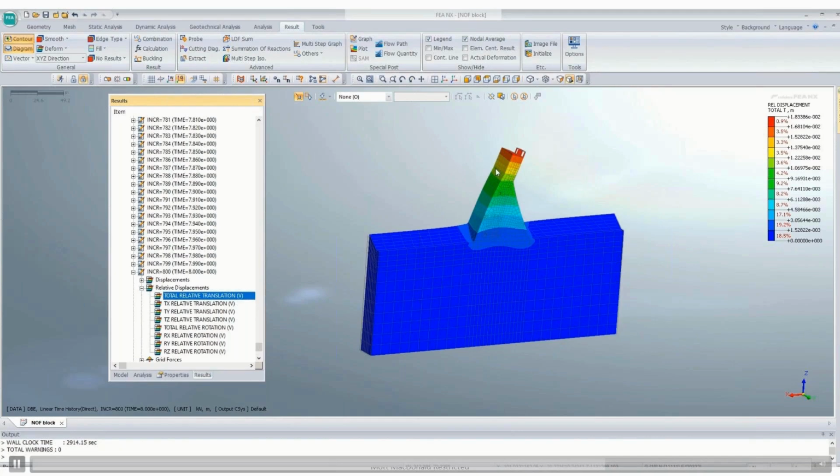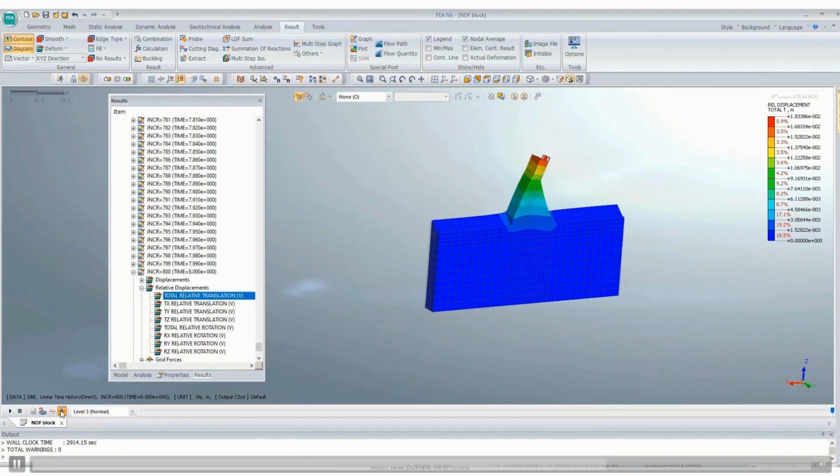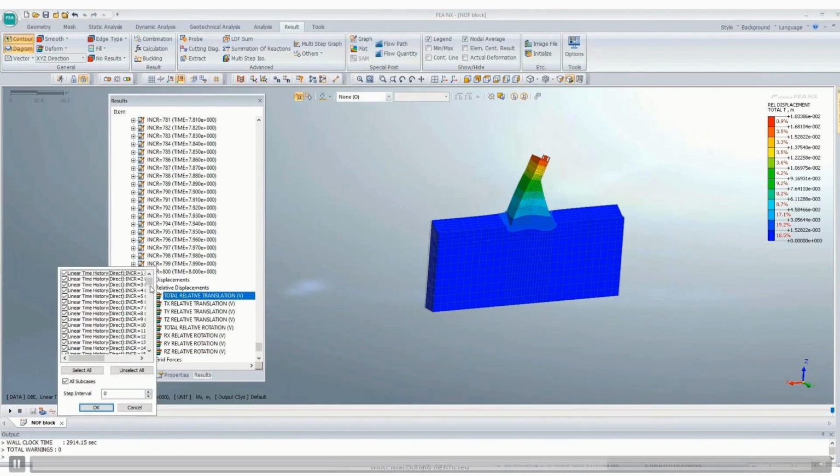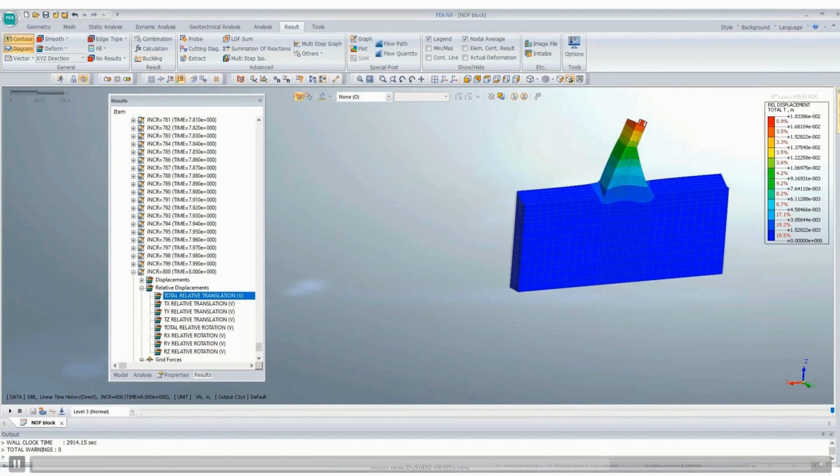For the deformation, we first have to set this up. I don't want minimum, maximum, absolute, this is fine. And I have to do this multi-mode animation recording. Here I can have auto range, and then for multi-mode range,